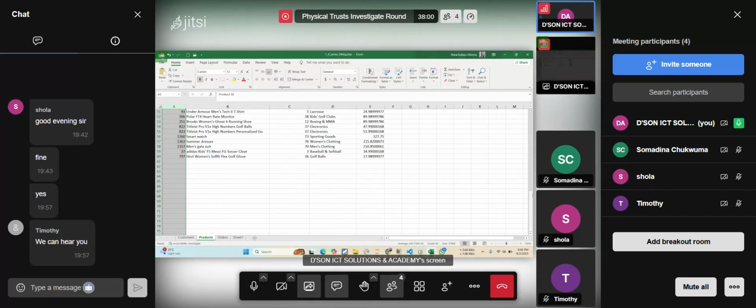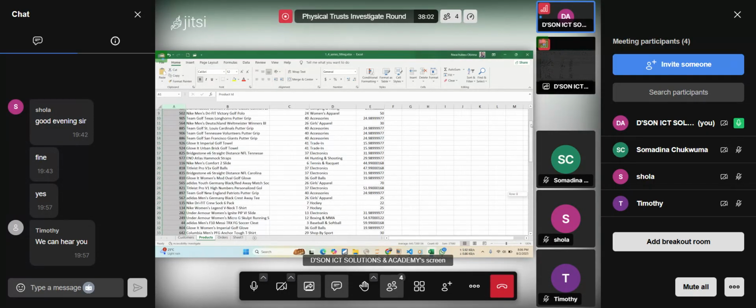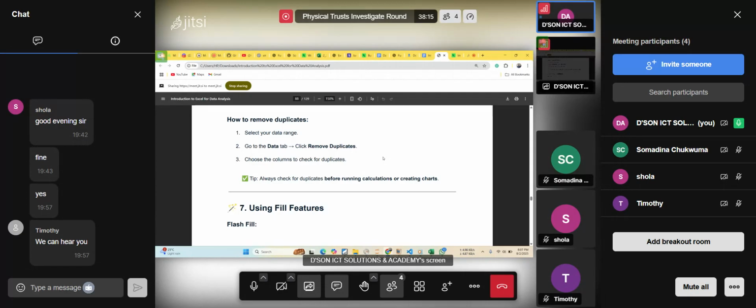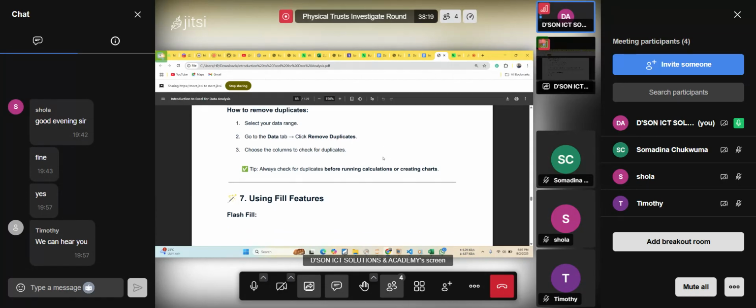Nothing was highlighted, so there are no multiple records that have the same product ID. So always check for duplicates before running calculations or creating